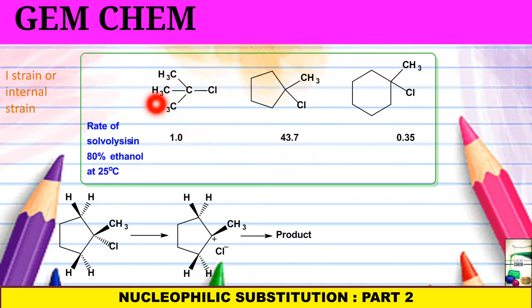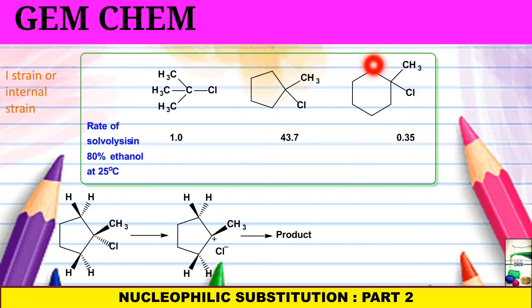faster than tertiary butyl chloride, because upon ionization there is a relief in the eclipsing strain, as a 5-membered ring is almost planar, because here there was a difference in the eclipsing. As we have seen while drawing the Newman projection, when there is eclipsing there is steric hindrance, but when carbocation formation takes place, then this internal strain is being released. As a result, its rate is much higher.